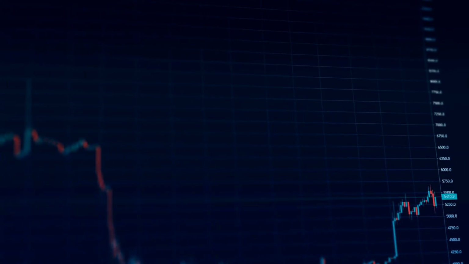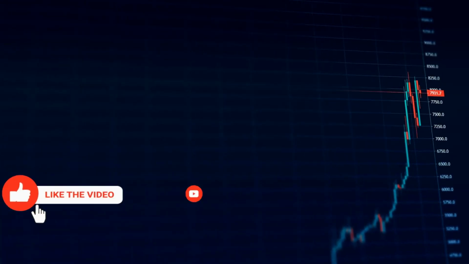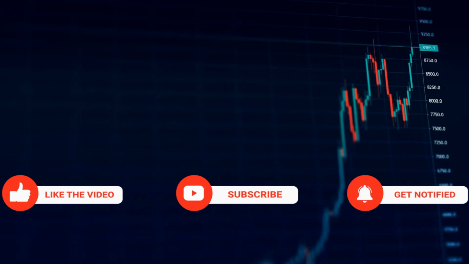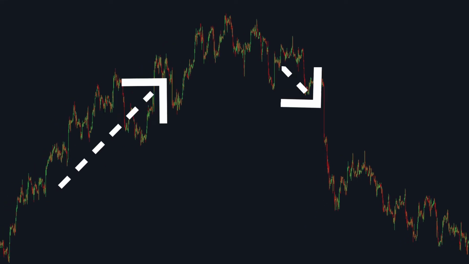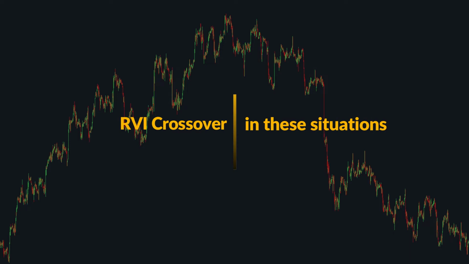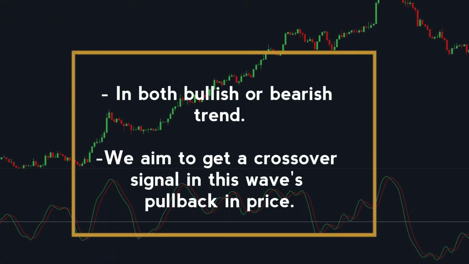In addition to this, we can use the RVI crossover to ride an existing trend with the trend following strategy that we will show you now. Price normally moves in wave formations like water waves. When the price is trending bullish or bearish, we can take advantage of this by using RVI crossover in these situations. In a trending market, both bullish or bearish, we aim to get a crossover signal in this wave's